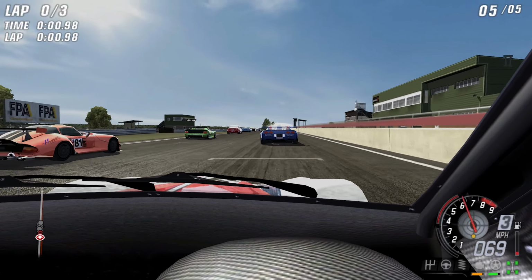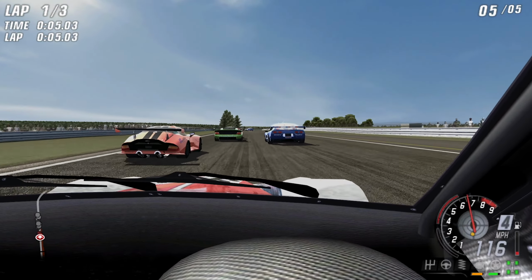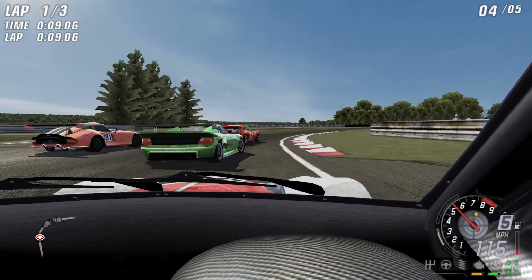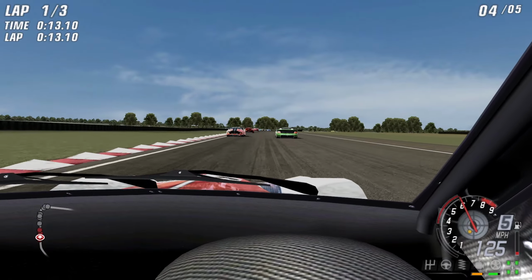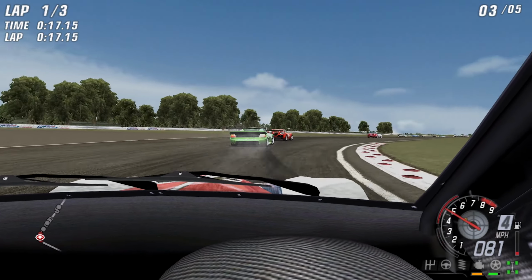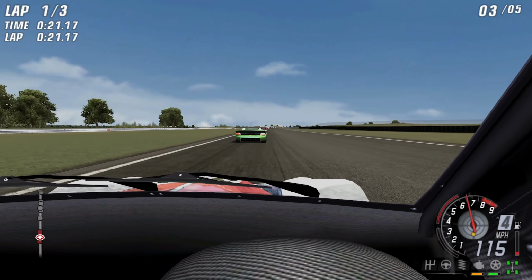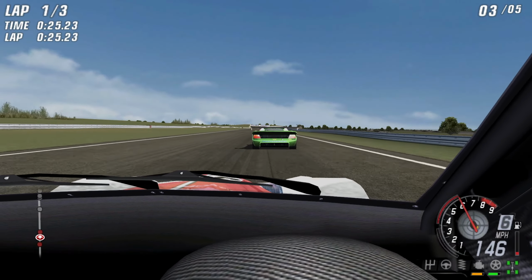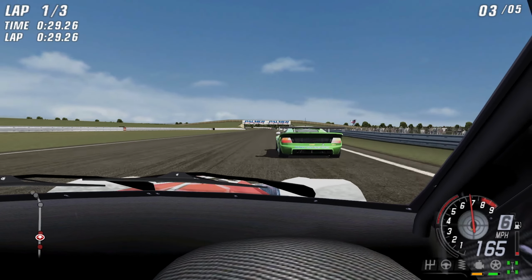And away we go. So this one shouldn't be difficult at all. This should be a very straightforward race. There's a blimp. I'm still very gutted they didn't add the Snetterton Scary Tree. Because that is, you know,